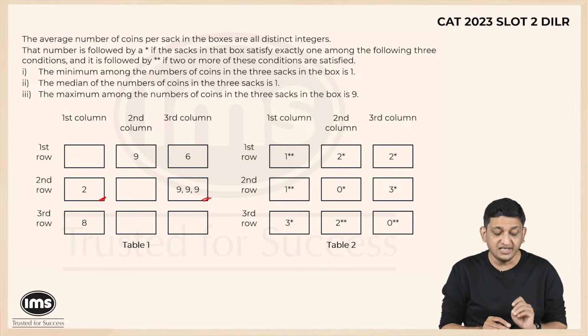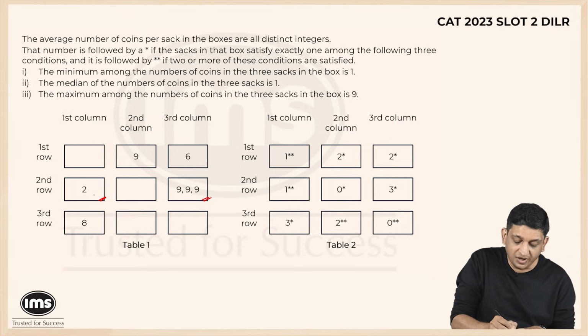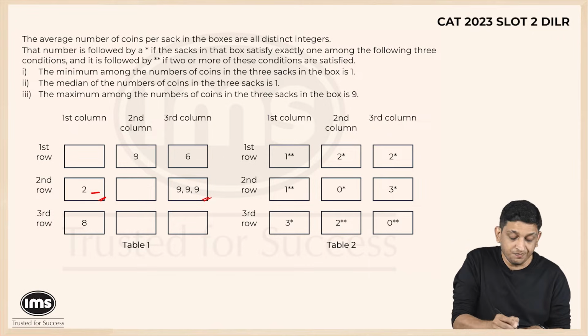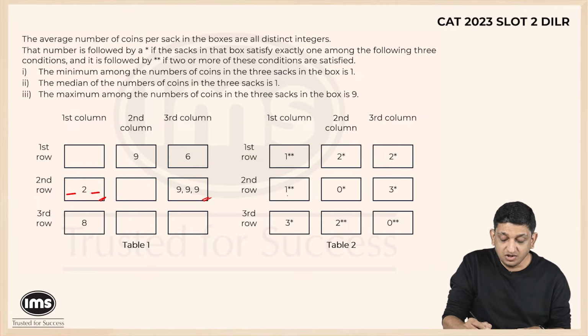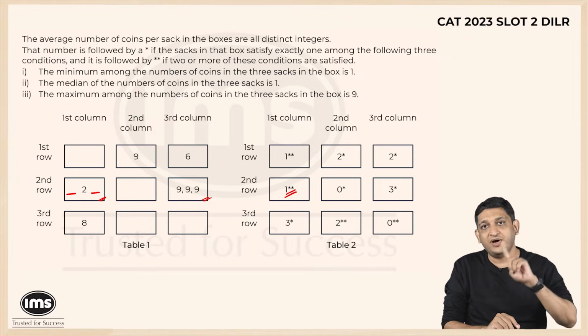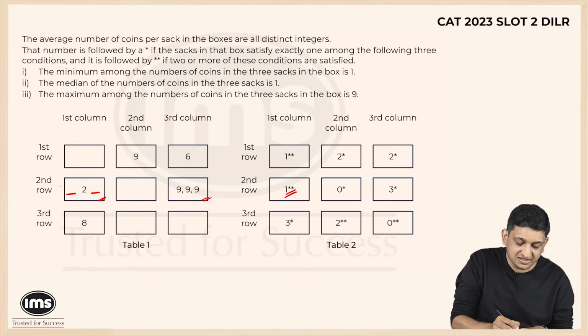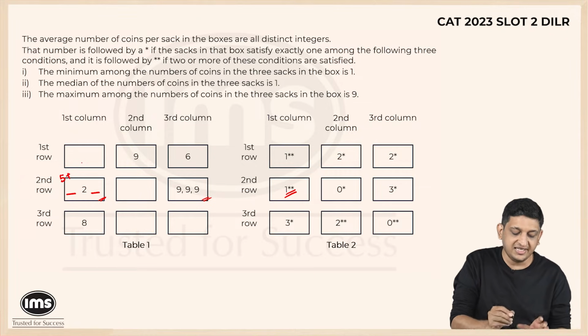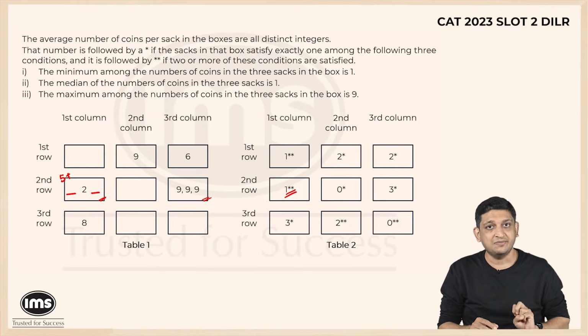Now I know here that there is a median of 2 that is present. Now if the median is 2, I know there is one value that is less than 2, one value that is greater than 2. I also know that there are 2 stars that are present and there is one value which is greater than 5 as well. So I know for sure that this number is 5 plus, is greater than 5 for sure. That is what I know, right? I also know that there are 2 stars that are present.